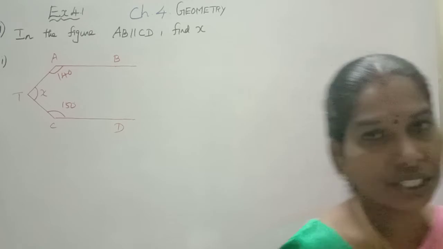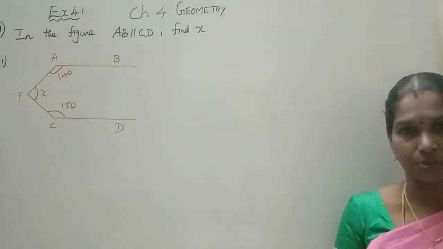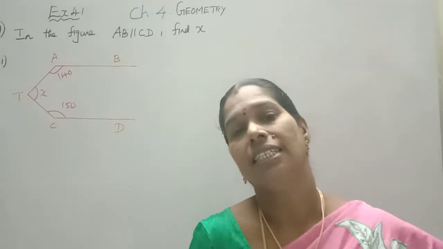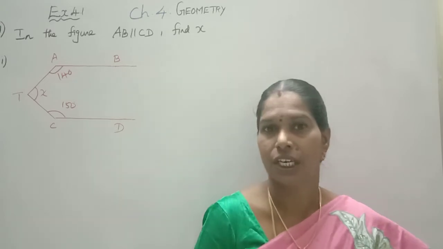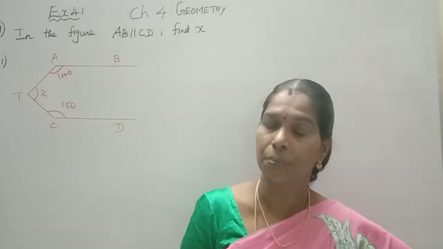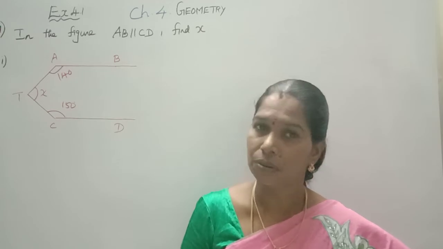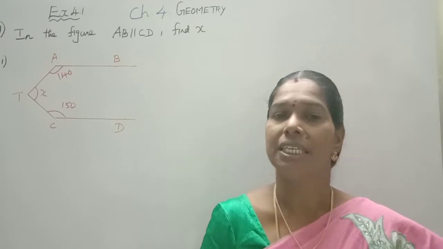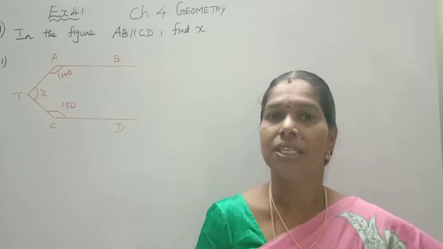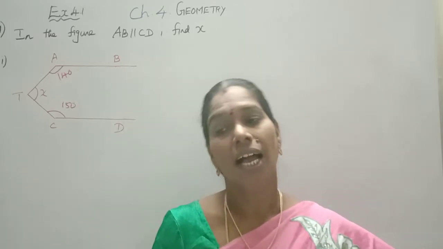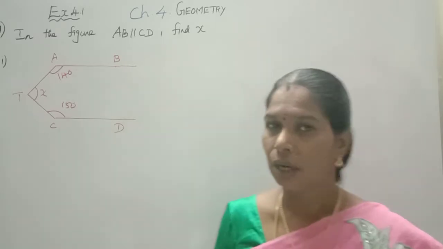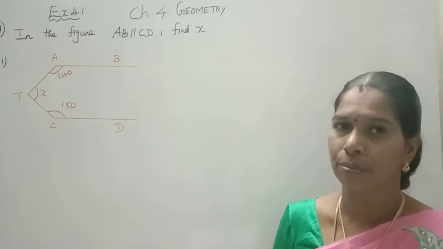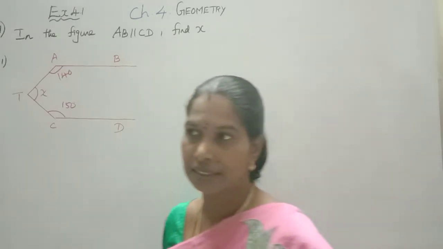Okay students, we have finished types of angles, transversal, and the exterior angle property of a triangle. Now, using that, I am going to do exercise 4.1. Next week we will discuss congruence of triangles: what are the congruence properties of triangles, and what is meant by congruent. Next week we will also discuss the remaining sums of exercise 4.1. Now I am going to discuss only the sums based on types of angles, transversal, and the exterior angle property in exercise 4.1.